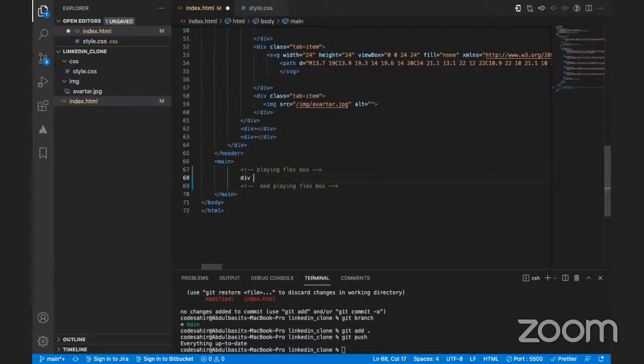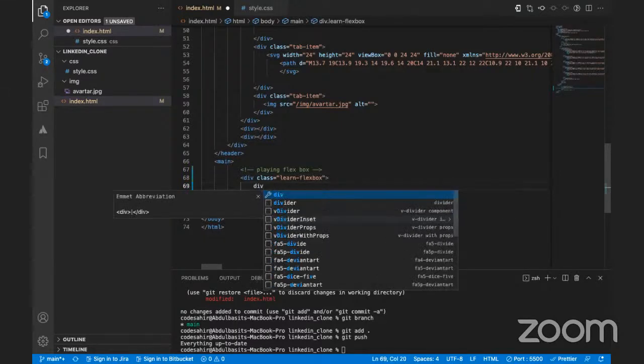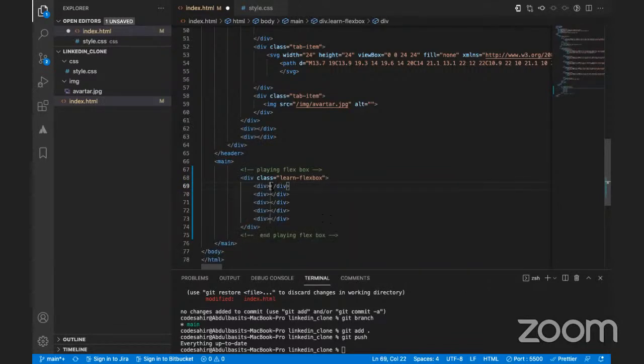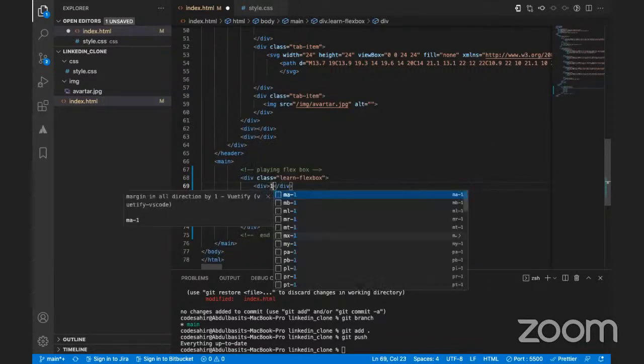So first we need a div. The div is going to have a class called maybe learn Flexbox. And we're going to have, say, 5 divs, and all those divs are going to just have numbers. 1,